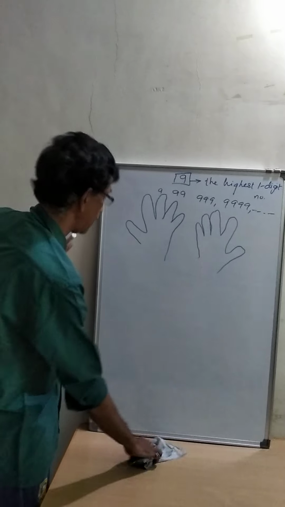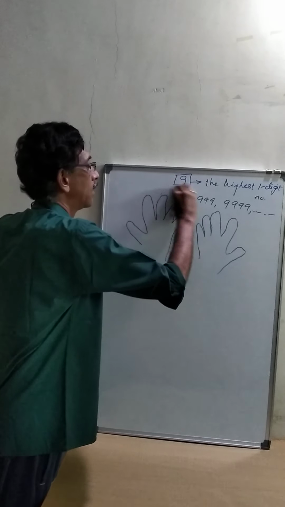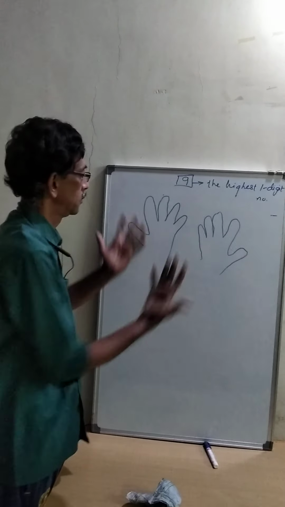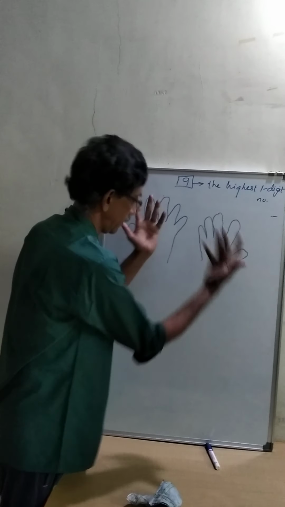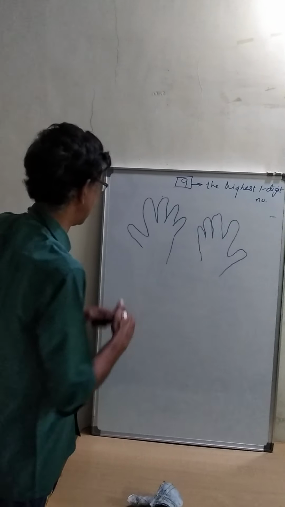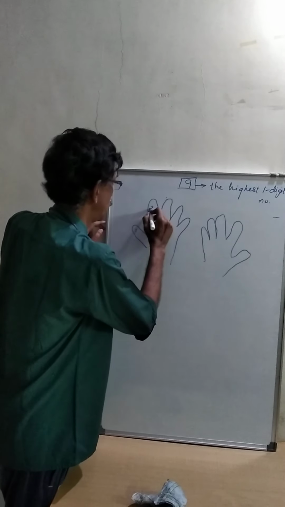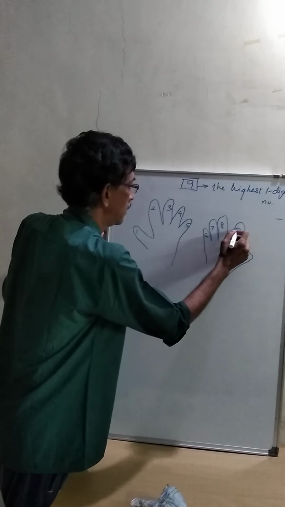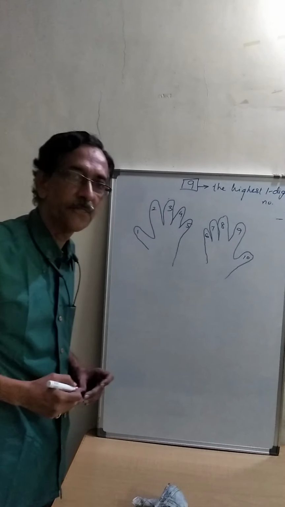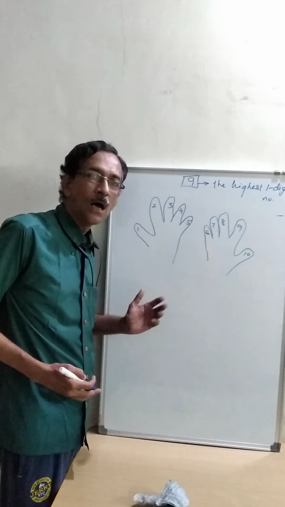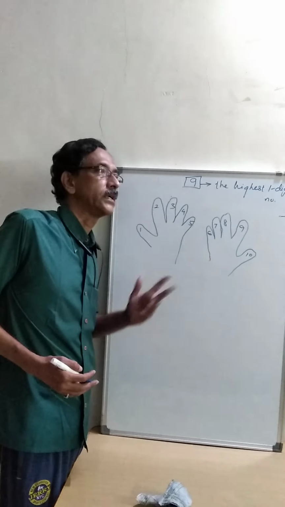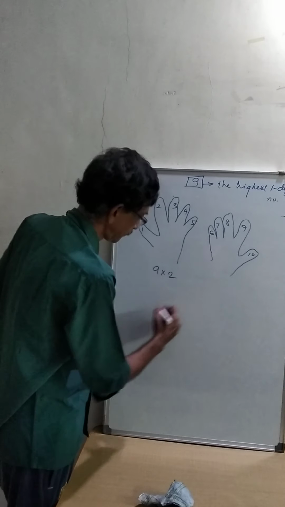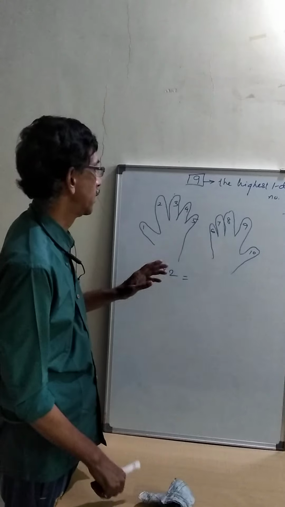Now these are the fingers on our palms, hands. So like this, you have 10 fingers. Now I number those fingers like 1, 2, 3, 4, 5, 6, 7, 8, 9, 10. You have numbered the fingers. Now we are looking at how to say the table of 9. Suppose you want 9 twos are. So 9 twos are, what to do?